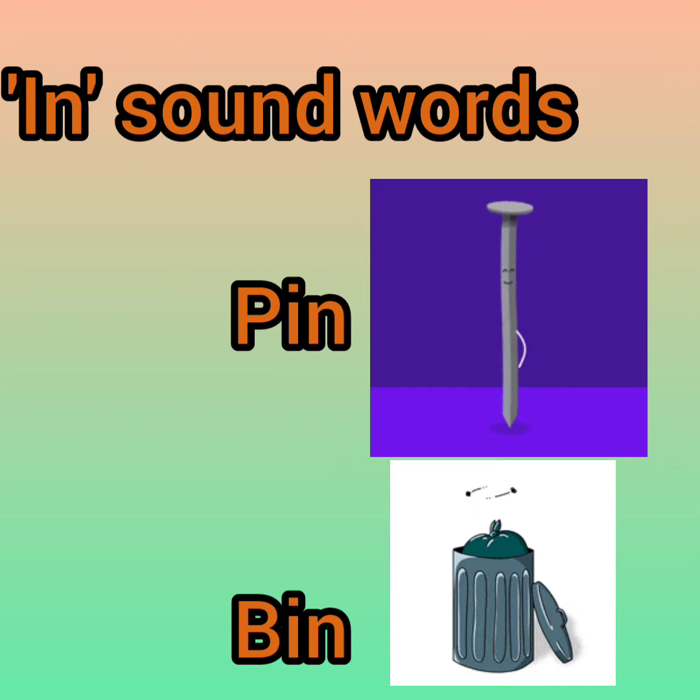Now the next is IN sound. PIN pin, BIN bin. P says P, B says B. तो पिन एंड बिन. पिन क्या होती है? पिन you all know, and bin is bin we use for dustbin. Alright children, you can see it in the picture. There are different kinds of pin, and for dustbin we use word bin, bin we use for dustbins also.